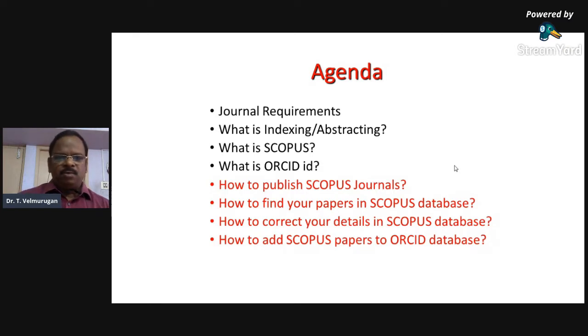Finally, how to add Scopus papers to AirSeed database? What is AirSeed? These red color items are carried out in the practical workshop session.